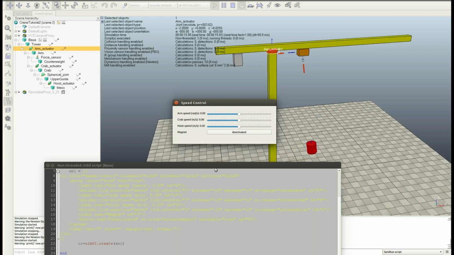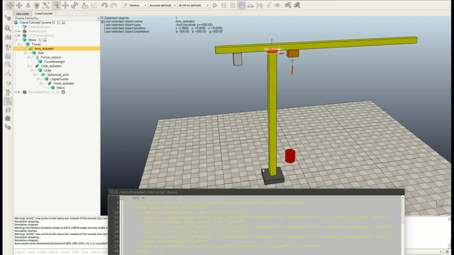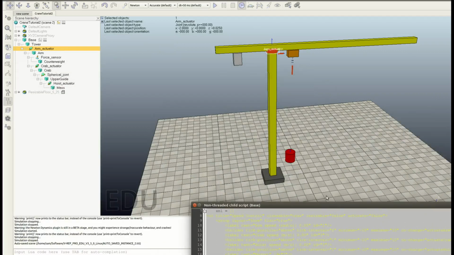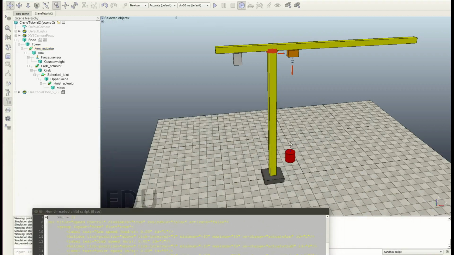Okay, but what about the magnet? Now I showed you maybe what you've expected, but I looked at the scene and I thought, okay, we have this nice crane, but we can't lift and release an object, and that's very boring. And since it's pretty easy actually to do, I will show it now. So therefore, just rearrange this hierarchy a little bit. So let's drag and drop this mass out